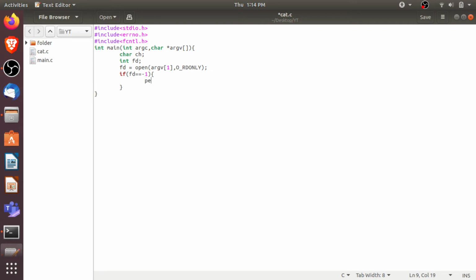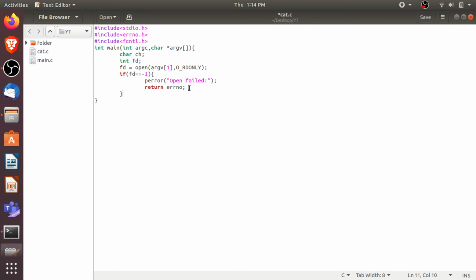We include this condition so that when the code fails we get some message. This error function will first give us the message that your file failed to open or some other error, and then we will return errno. Both the error number and the error message are included in the errno.h header file.